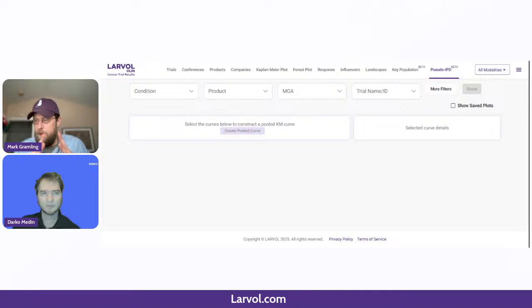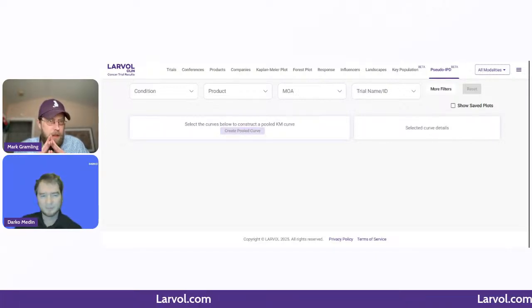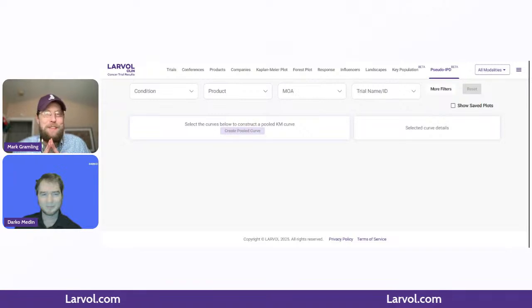I think we want to look at some melanoma data to demonstrate on CLIN. And this is live on the platform, an example of what that pseudo-IPD type of synthesis looks like. So Darko, I'll yield back. Like I say, let the smart people do the smart things. Would you mind showing us this live on CLIN?